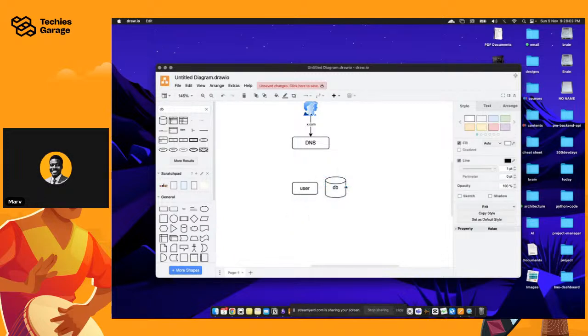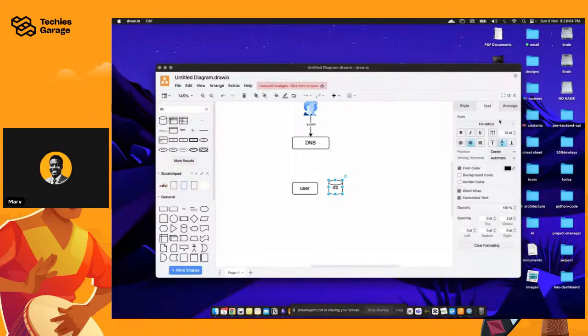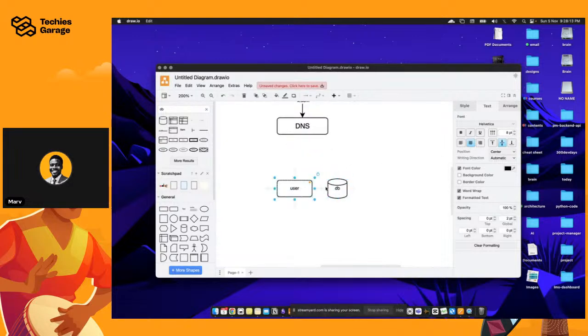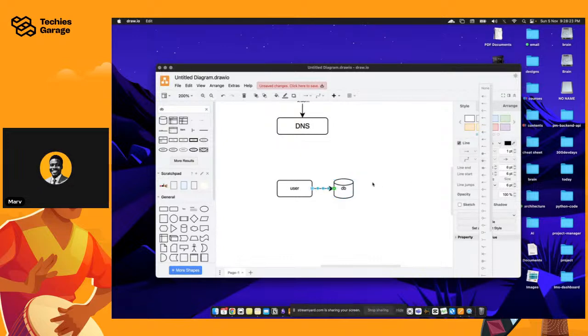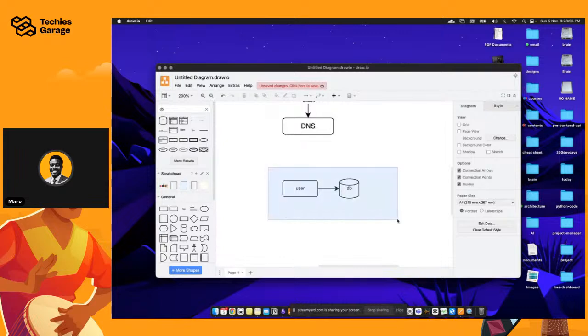That's fine. Text, so drop that a little bit. Let's drop this as well. All right, so we have this guy with his own DB right here. All right, and yeah, a little bit of styling on the arrow. We just want to show that. Okay, I think this is fine. So you have this guy with his own DB.